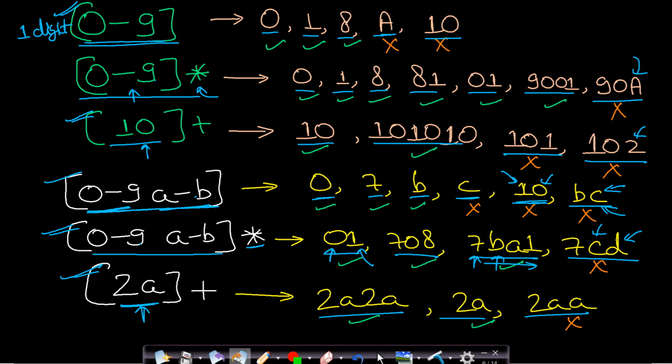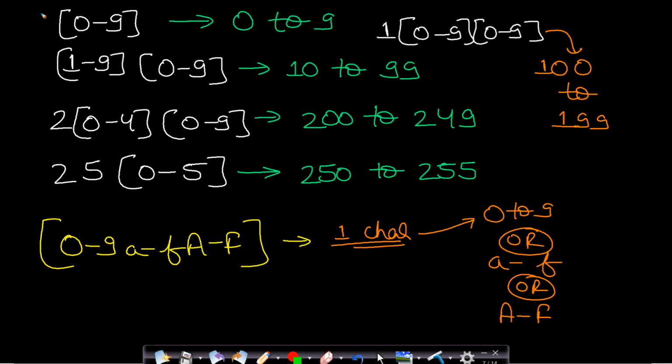Let us now see some more examples. Well, in this example, as you can see, from 0 to 9, this is just indicating a single digit. A digit can range from 0 to 9. Now in the second example, you can see that I have written 2 blocks side by side. This indicates that this first block is indicating 1 digit and this second block is indicating 1 digit. Now when they are written side by side, this means that it is a 2-digit number, and the first digit can be in the range of 1 to 9, second digit can be in the range of 0 to 9.